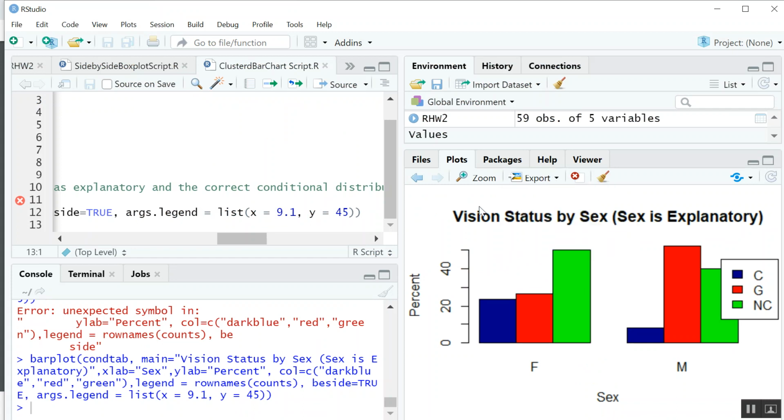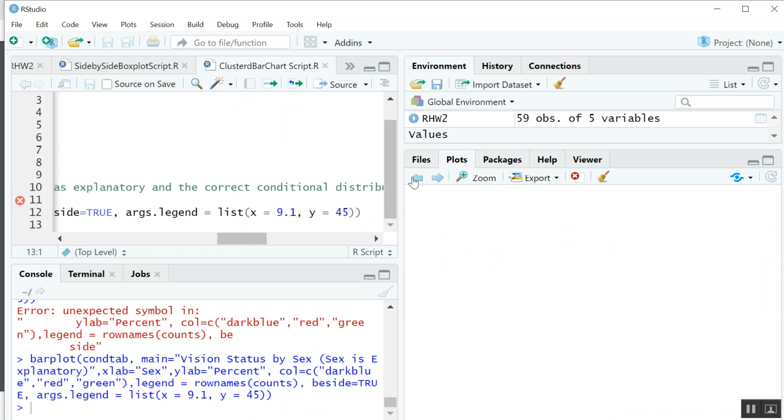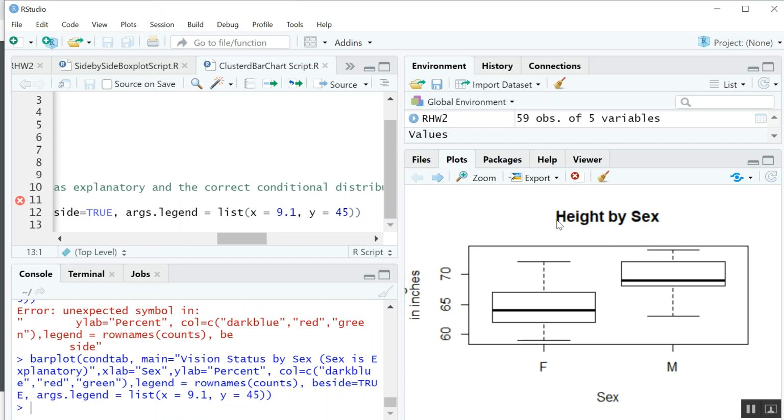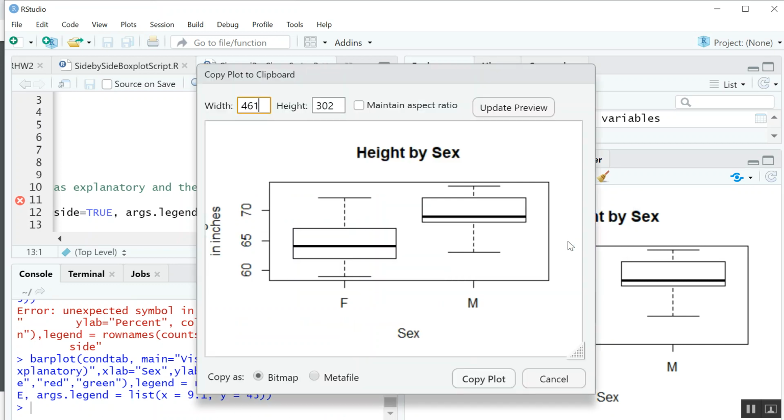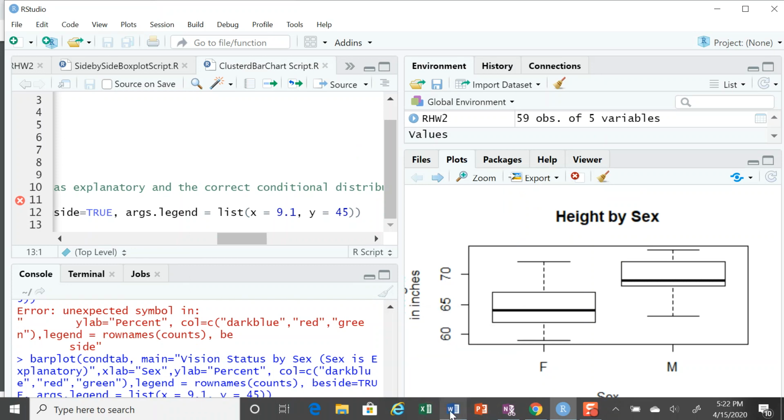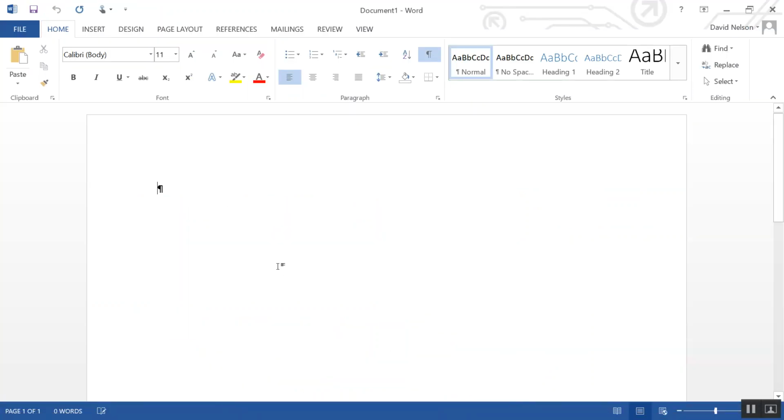Well, let's do the other one first. That one was the one we did first. So if you move back here with the back arrows, you can get back to your previously generated plots. It took me a while to figure that one out, but that's kind of a nice thing. So I'm going to copy that to my clipboard, copy plot, and then go into a Word document and our